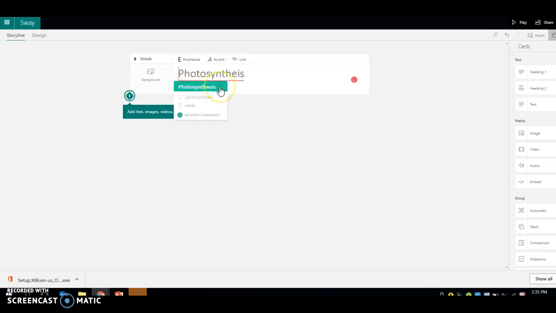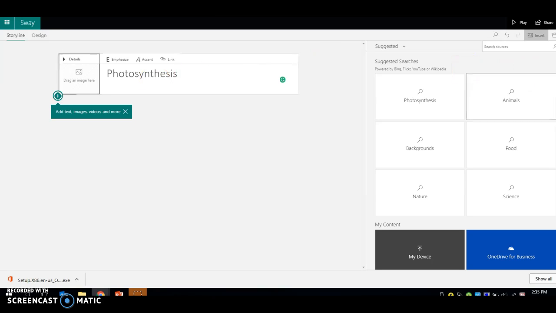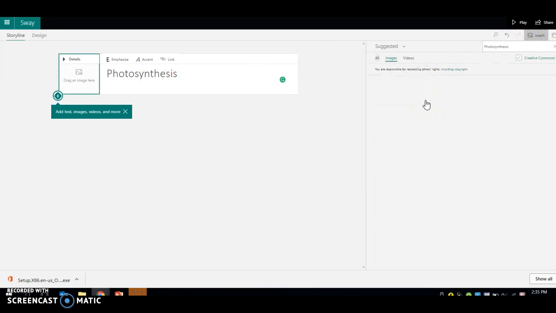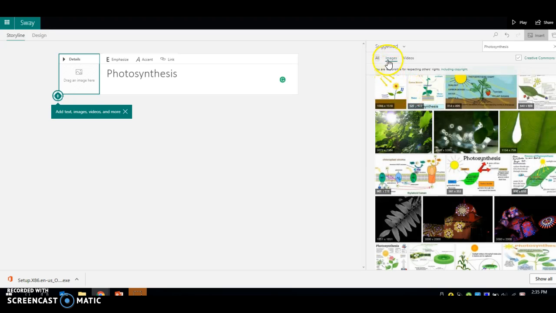I, of course, spelled it wrong, so it has the option to fix it. And you can add text, images, videos to the background. So we'll find a background. It will even give me the option, photosynthesis, and it searches for it. So it's got this cool thing. These are already Creative Commons only